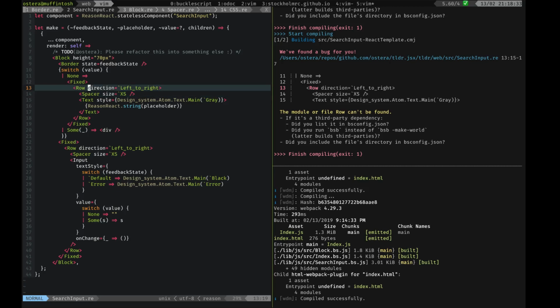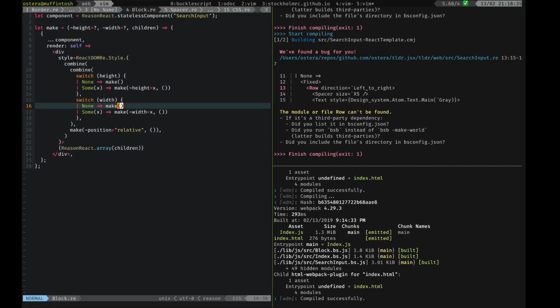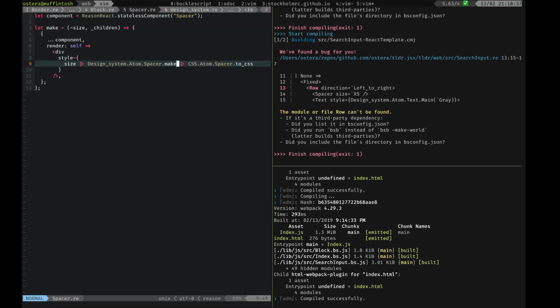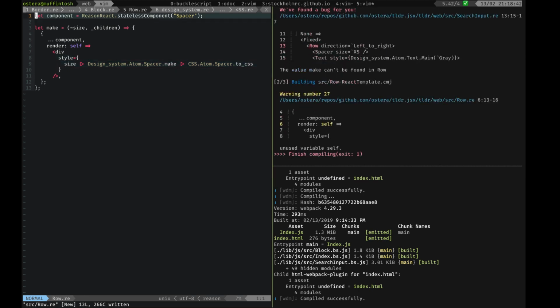Okay, so let's do a row. We can begin with the block. Actually, the block is very complex. Let's just use a spacer. Source, row. And then we will have a direction. Okay, so I assume that this will just be some styles. Display flex. So switch direction, and this is how we actually tell the type system what this function is expecting, right? Left to right